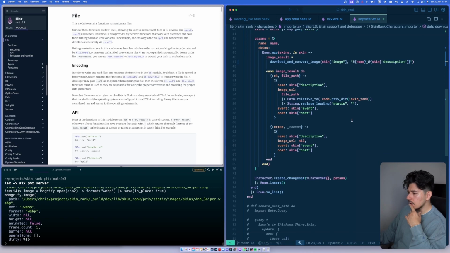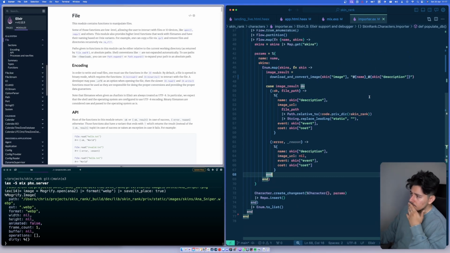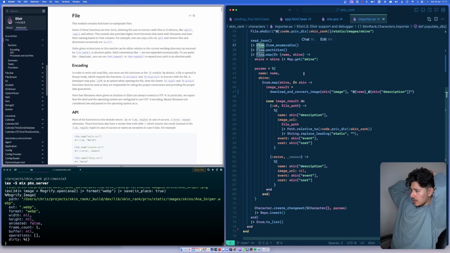Other thing as well, I also don't need this anymore. The other thing was, I'm using Flow here to split all the work across cores, parallelize the work in the collection. Maybe I do that for the file now as well, because now it's actually going to be doing a little bit of work, so it'll take longer because it's actually calling ImageMagick every time. So instead of Enum.map, maybe I want,